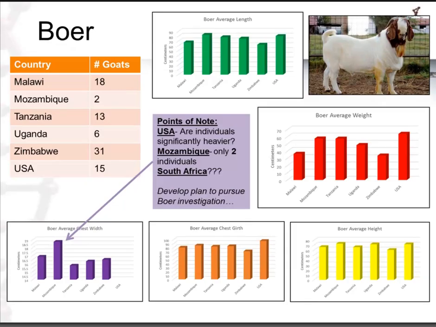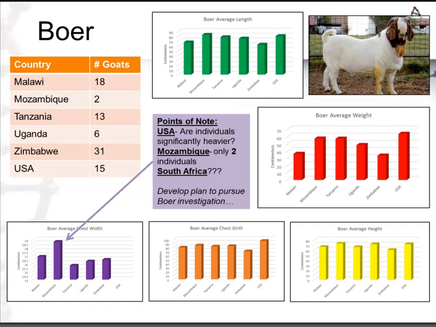So one way to look at this is we do have Boer goats from a number of different countries. And here you can see the different countries are each bar, and we have our 5 different measurements that we were looking at in this particular case. And some of the things that we want to point out, we're looking for where's their significant difference. So one of the things that